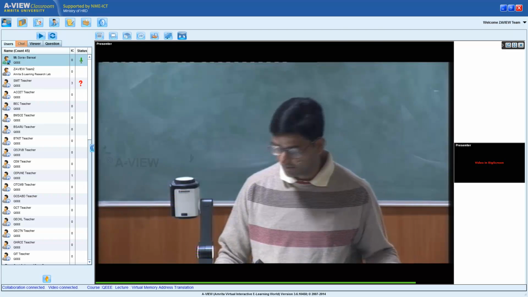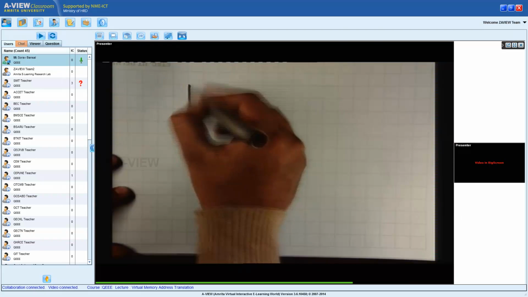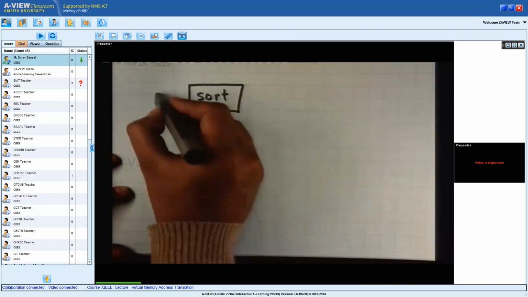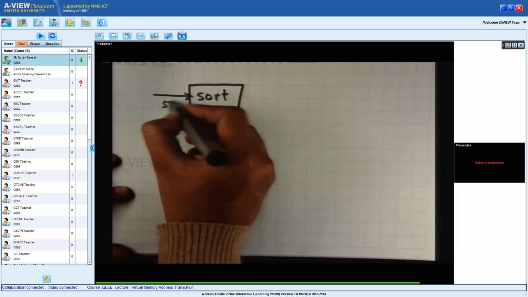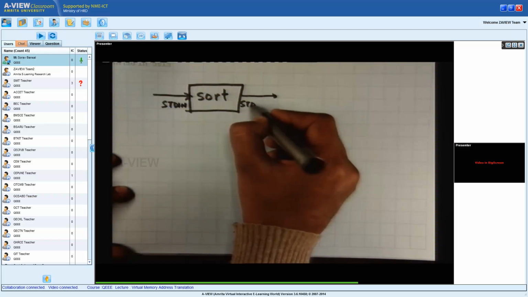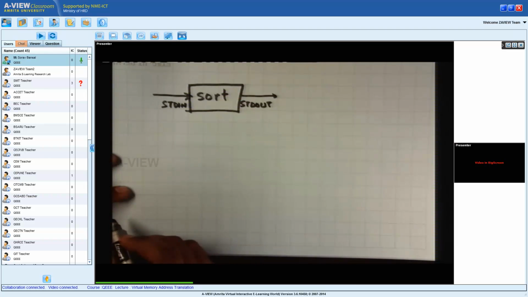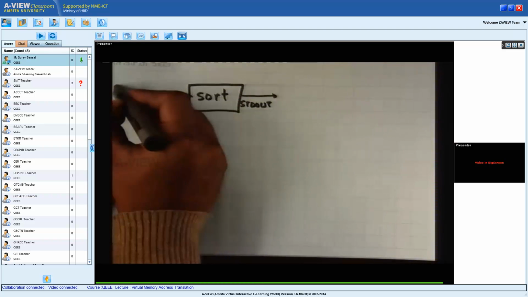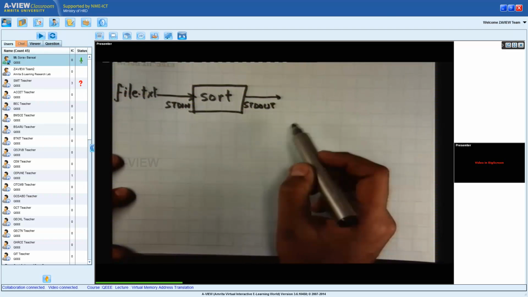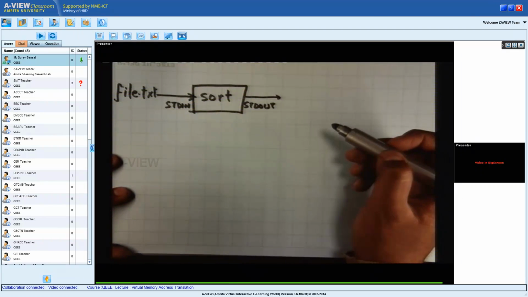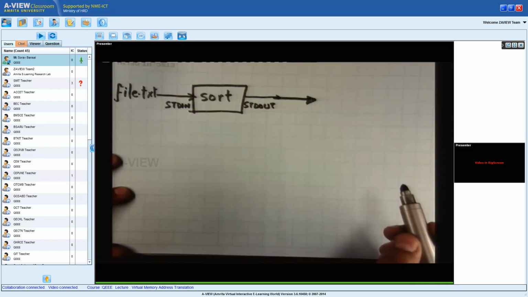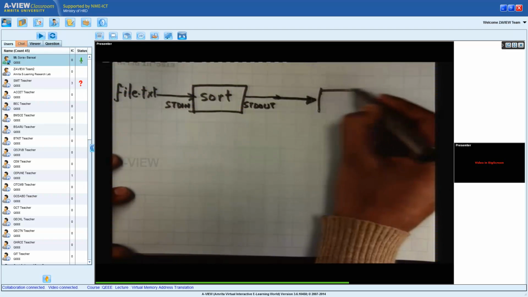Ideally, it should have been something like this. I know that sort is a program that takes data from standard input and writes sorted data to standard output, right? In this case, we had attached file.text to its standard input, but on the standard output, we had attached temp1. Instead of attaching temp1, if I had some way of directly connecting the standard output of sort to the standard input of unique,